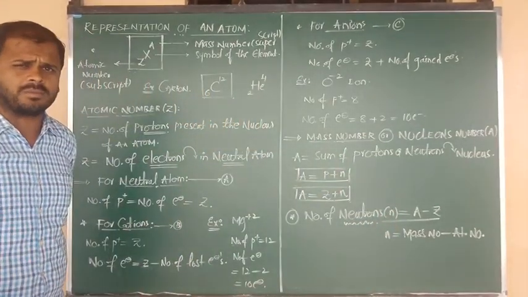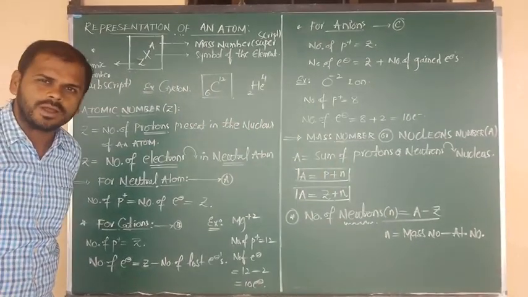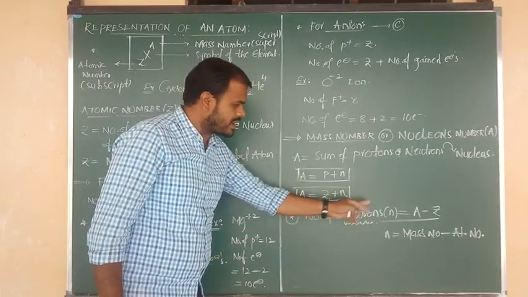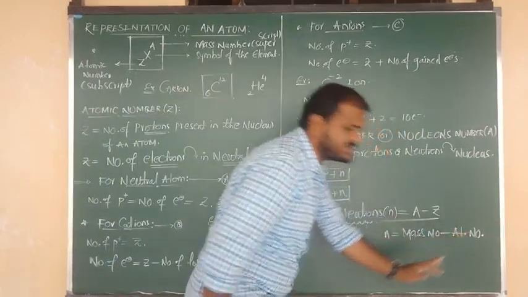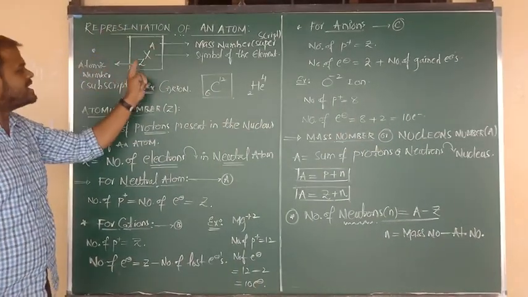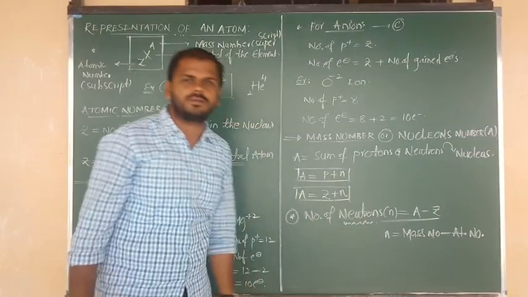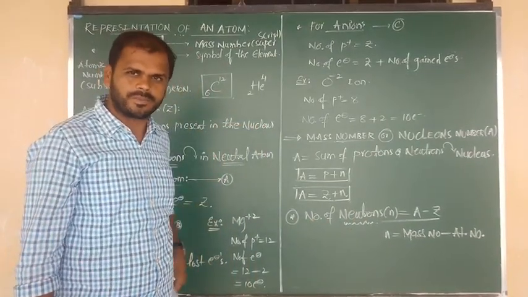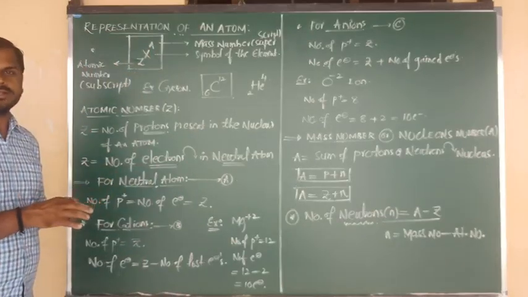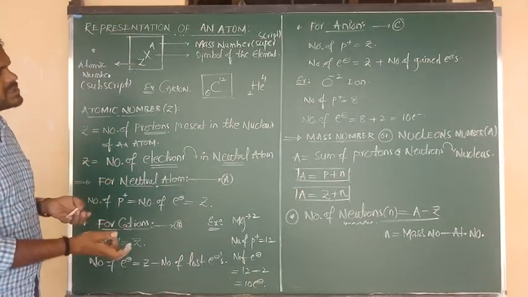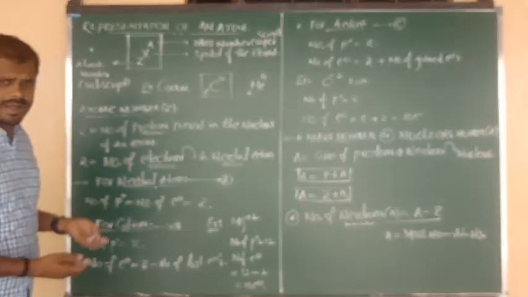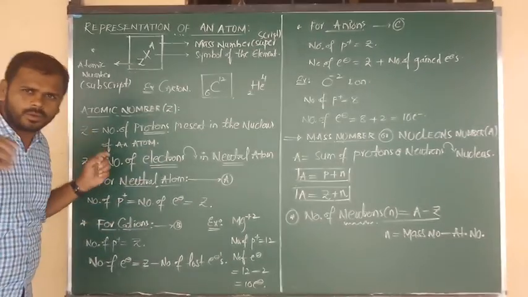I am going to give you the formula, you don't need to worry. Do you all understand? The number of neutrons N is equal to the mass number minus the atomic number, that is, superscript minus subscript, A minus Z. That gives the number of neutrons. These are very important formulas and relations for the calculation of electrons, protons and neutrons, and for what atomic number and mass number mean. Everything is clear?